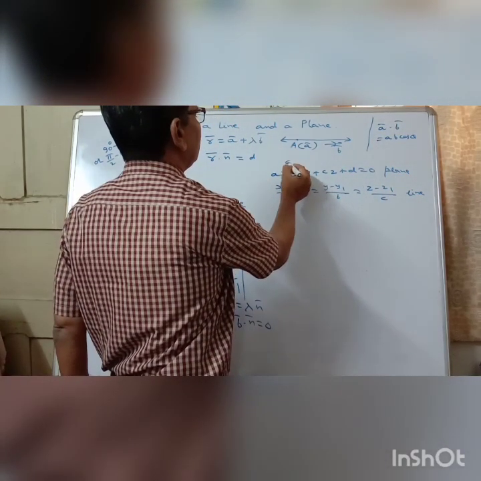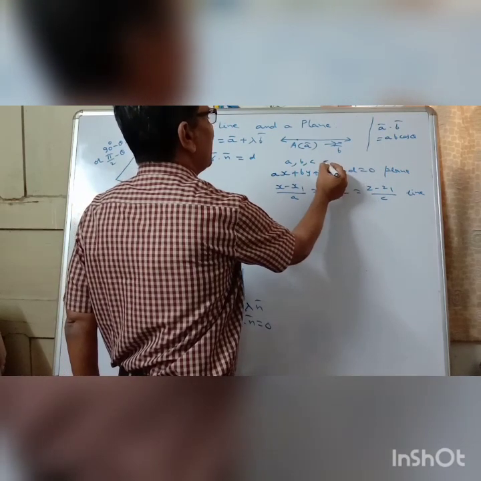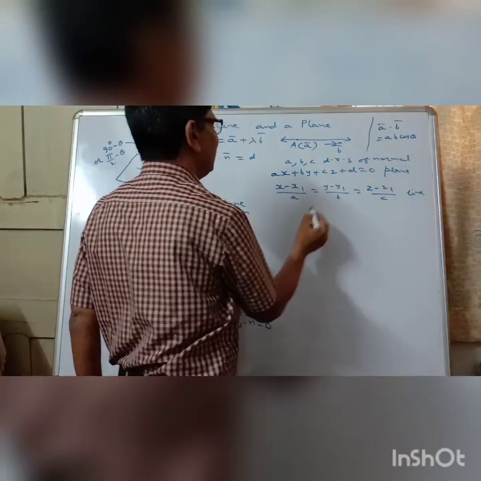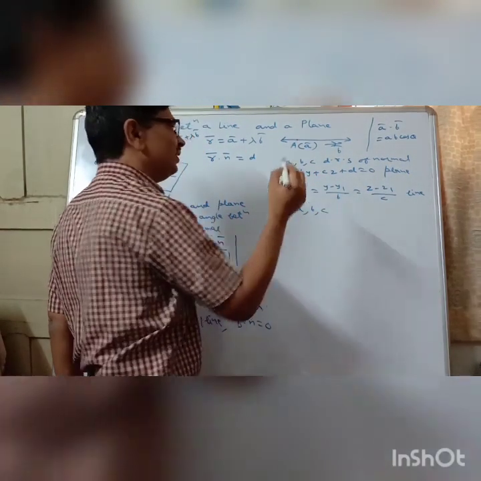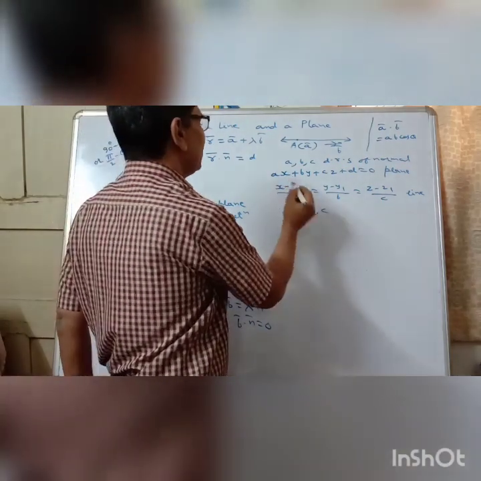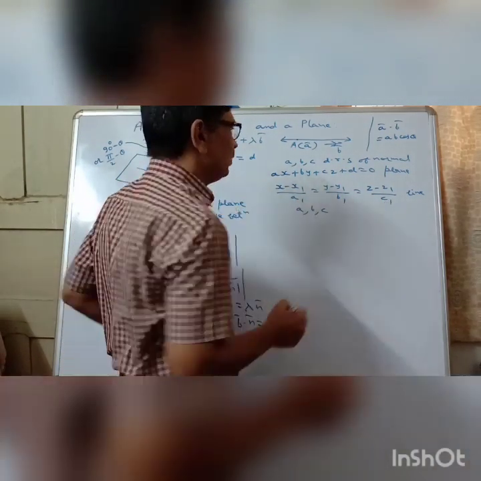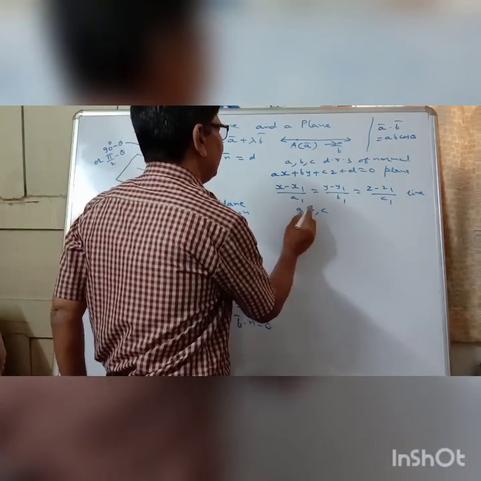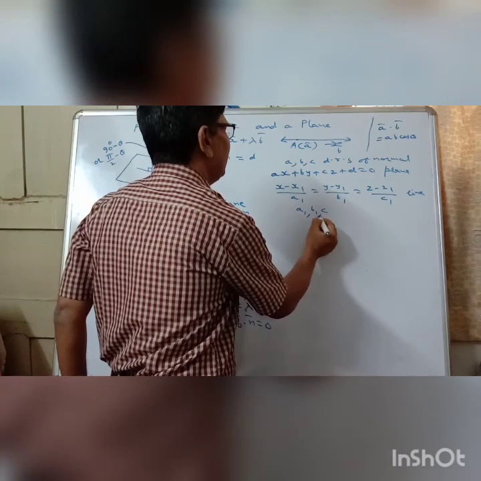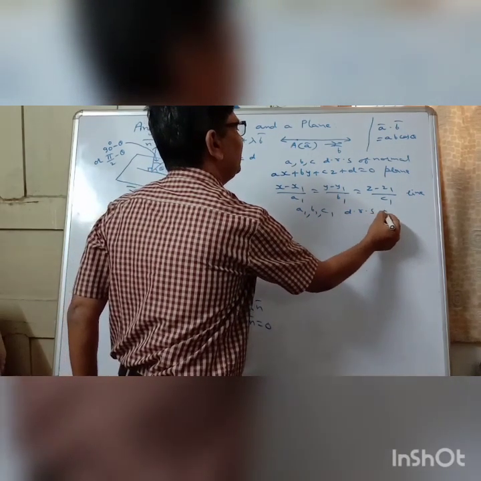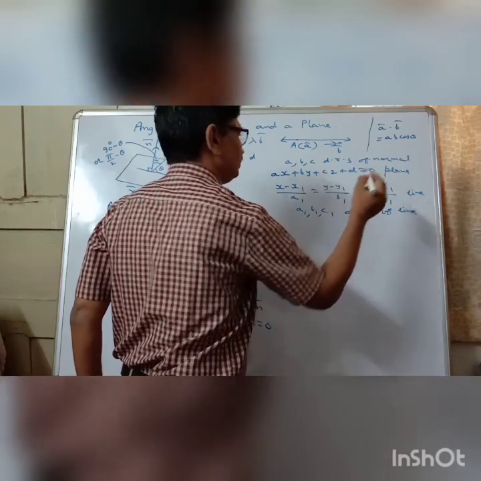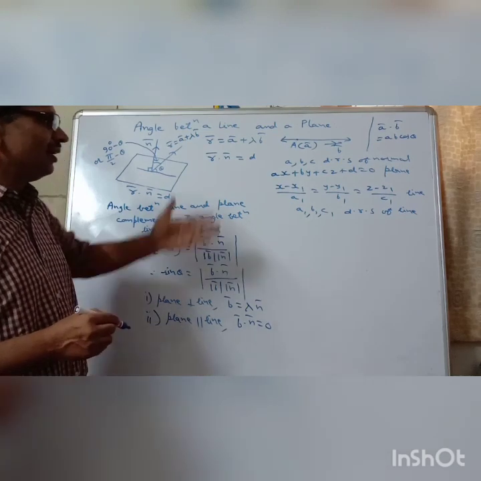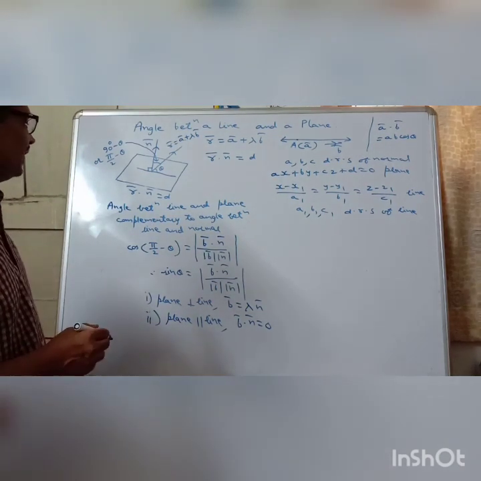For the plane, ABC are the direction ratios of the normal. For the line, the numbers in the denominator are ABC. Here instead of ABC, we shall take A1, B1, C1 because we have to distinguish between direction ratios. Then A1, B1, C1 are the direction ratios of the line. So we know the direction ratios of the normal to the plane and the direction ratios of the line, then